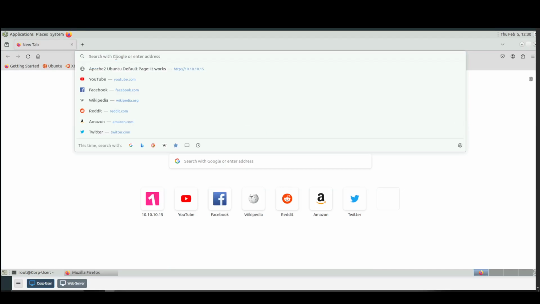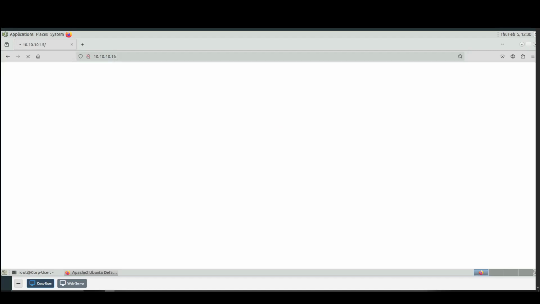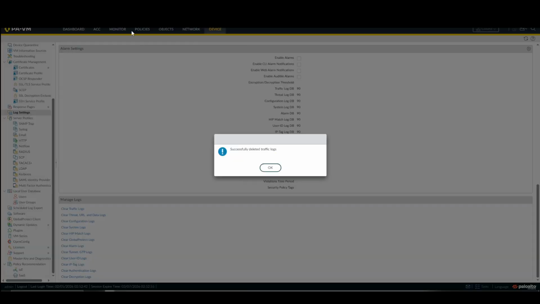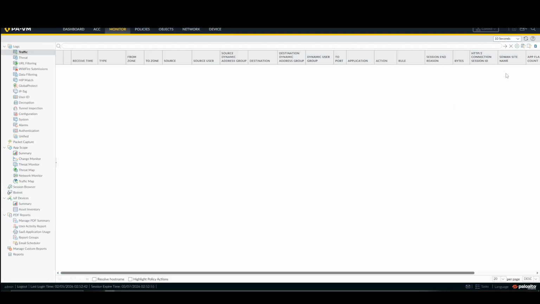Let's go to http://10.10.10.15. Get to our web server. Logs completed. And let's see what we have. So that traffic should be